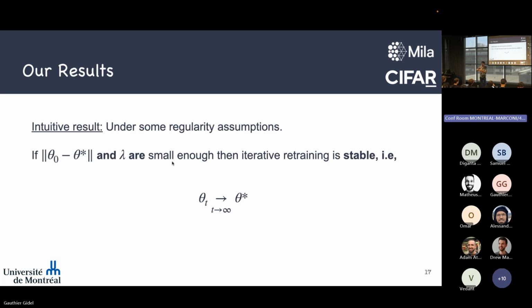But putting all this aside, in practice, because you have statistical error and you are not in the infinite data regime, what we observe is that you're stable in the sense that you don't diverge, but you stay close at a point that is maybe slightly worse, which is connected maybe to Charles' point that you converge to something that is not exactly the covariance of the data. You have a slight bias due to the iterative retraining.